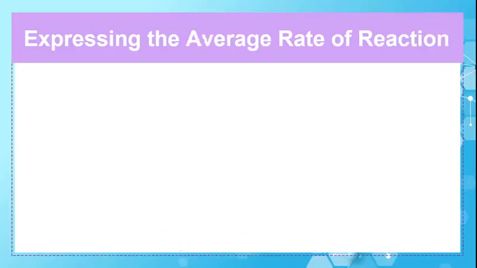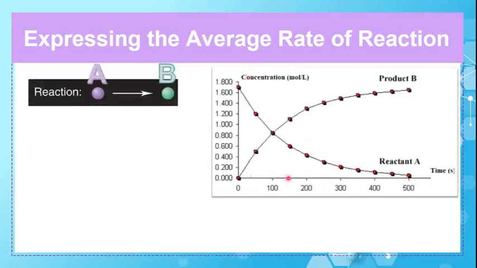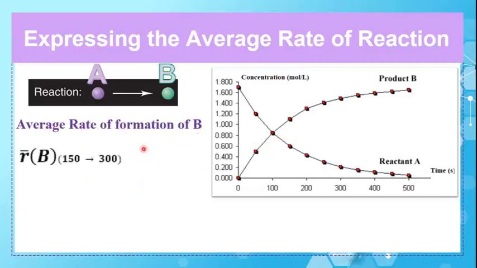Let's go back to the reaction of video 1, where a reactant A produces a product B. These are the kinetic curves of A and B. To determine the average rate of formation of B, we have to express it by rate R, the letter R, with a dash for average. So this is the average rate of formation of B, since it is a product,